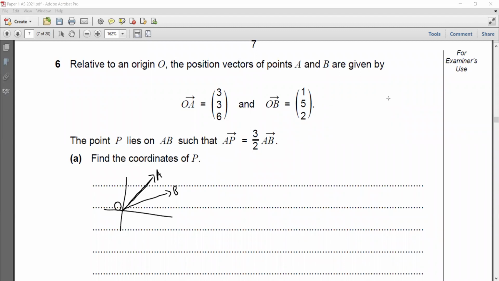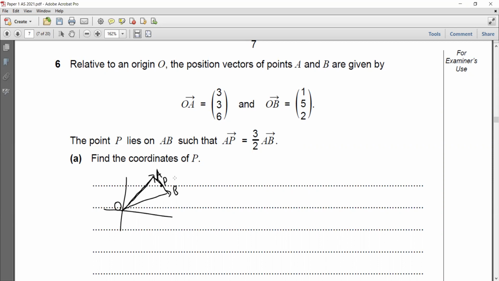Okay, so there we go. Those are our position vectors. So we are told that P lies somewhere on AB, so we'd have to have a line from A to B. Somewhere there, P will be maybe somewhere there. It's not to scale, obviously, it's just to illustrate. So we want to find the coordinates of